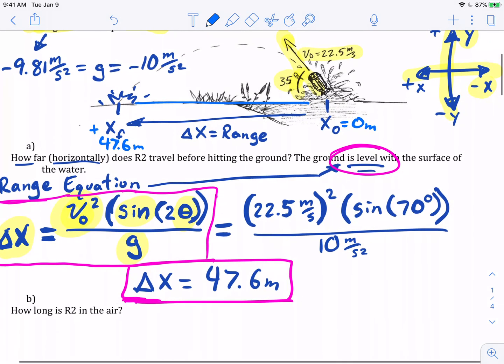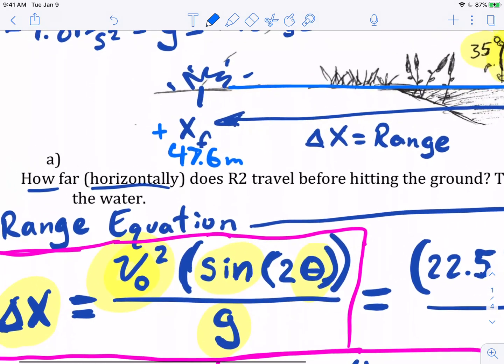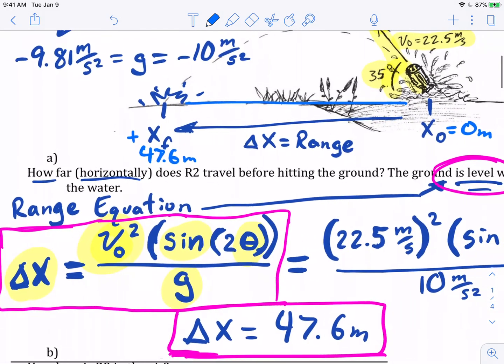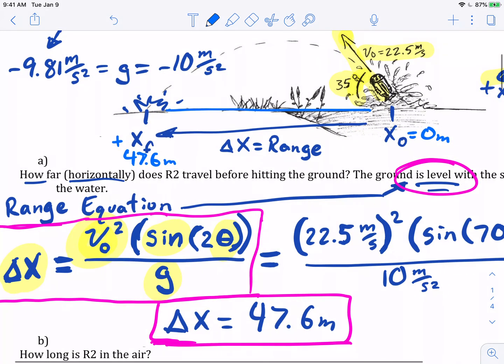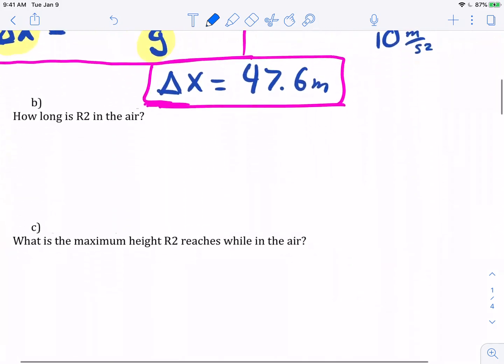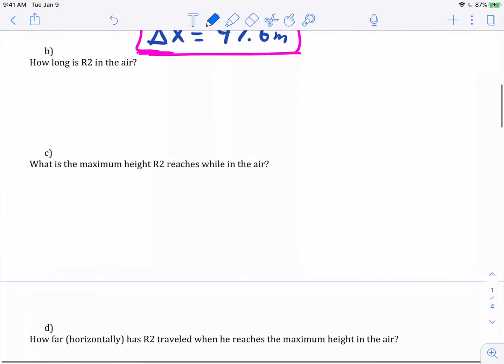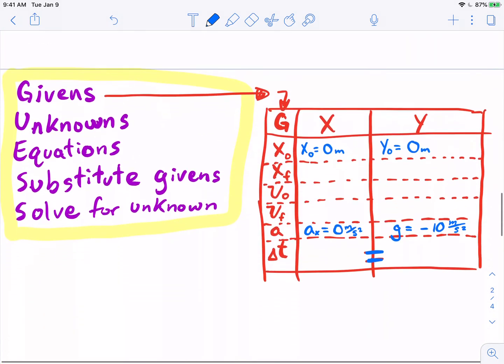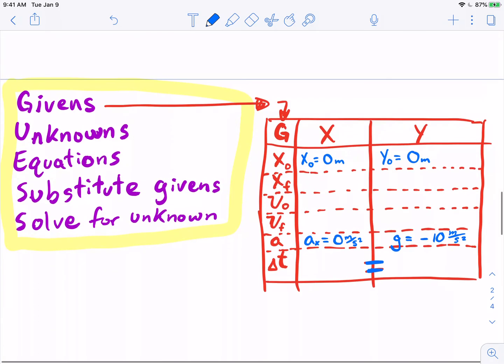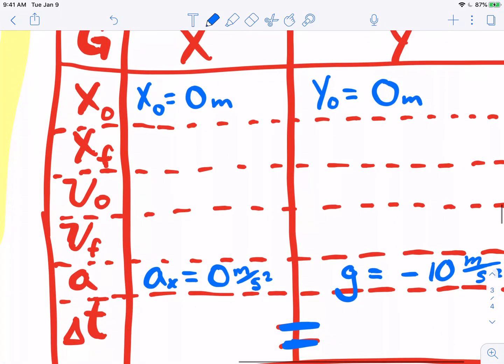That's what we decided in the first part, because that's the way that R2-D2 is traveling. So this is going to be positive 47.6 meters away from our starting point. So our final position is 47.6 meters. Long explanation for something that's pretty simple once you recognize it, but I don't want to jump to conclusions and I don't want to pass anybody by. So final position equals